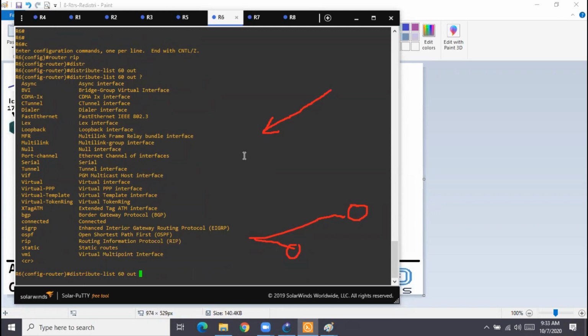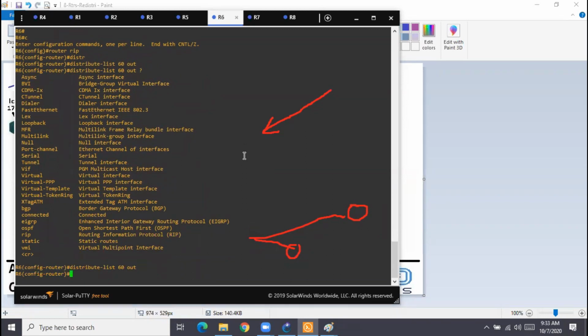Now you need to understand: is this command enough, or is the interface needed? Let us see when we should specify the interface and when we should not. R6 should not advertise any private IP address routes.